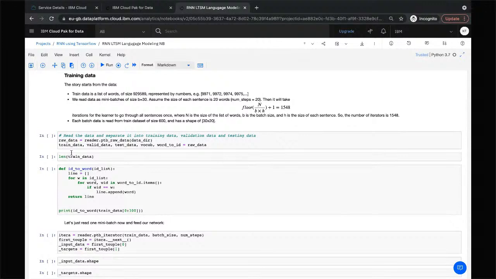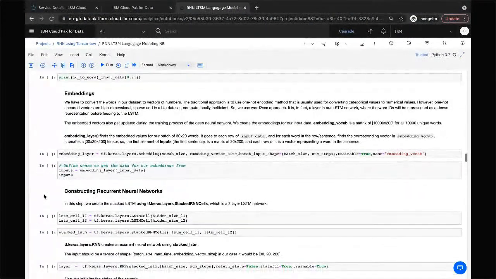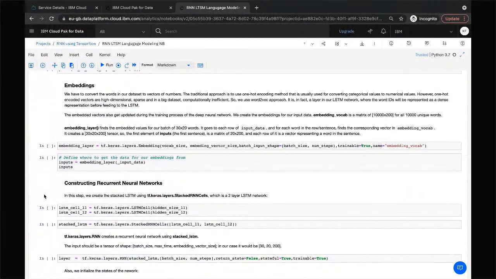It needs to have a vast amount of training data. And then once we're done, we input the data, we have the shape of the data which we're training, and once you go through this, we go to the embeddings. Once we are done with selecting our training data,